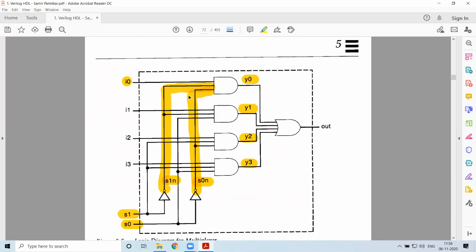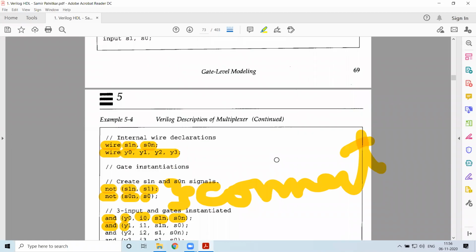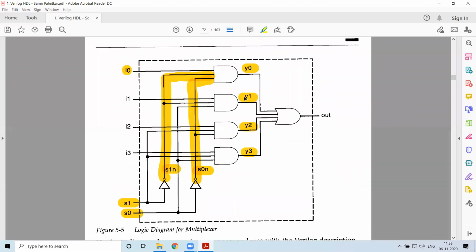It is I0, S1N and S0N. So this is for the first case. Let us look at another case also. Let us look at the second one. So how do I get output Y1? Here if I just check, I have output Y1. What is the input to this one?